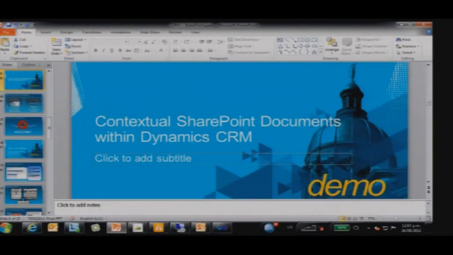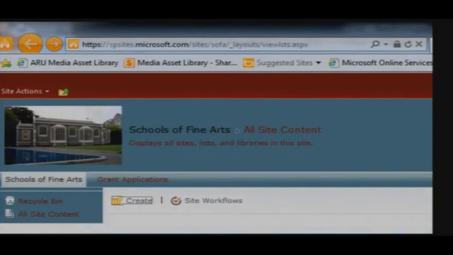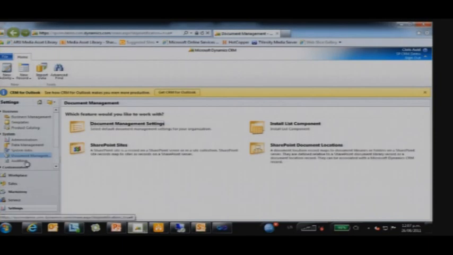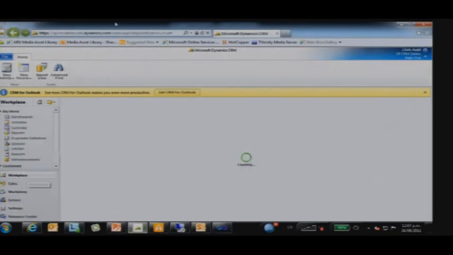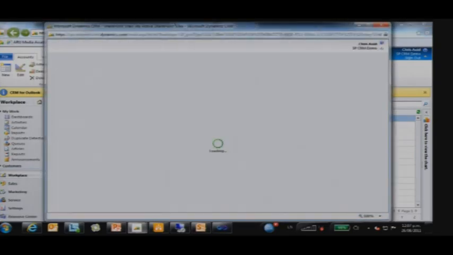And I'm cheating a little here in that I'm using, for my SharePoint site, spsites.microsoft.com, which is an internal instance of a future release of SharePoint Online. It means I can use the nice, sexy-looking SharePoint list component rather than just wrapping a SharePoint list in an iframe. So if we jump into CRM, and so this is CRM Online,